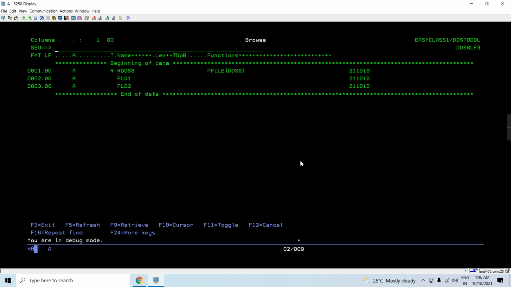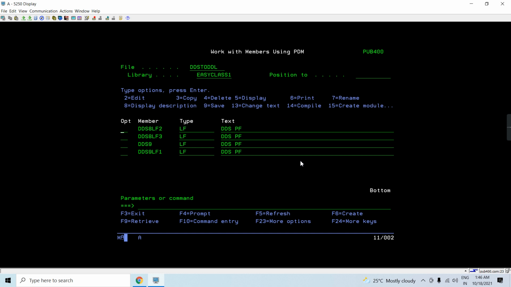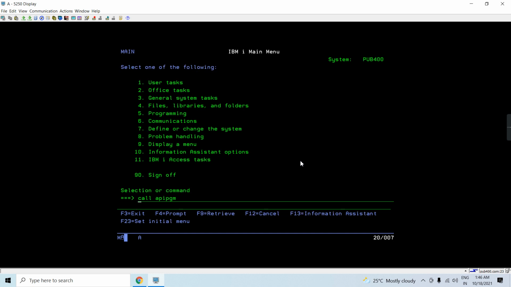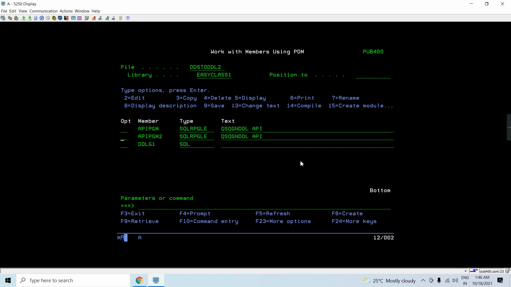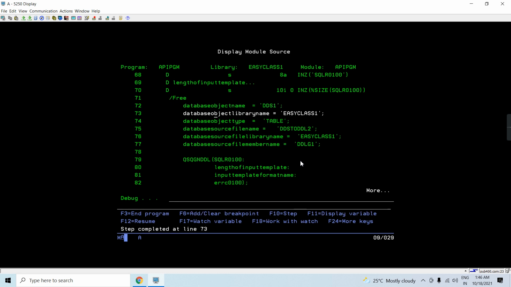Now let's say this is going to be DDS8LF2. This is again a unique key index, and this is going to be a view. Let's generate. There is nothing in this one. Let's call this again.